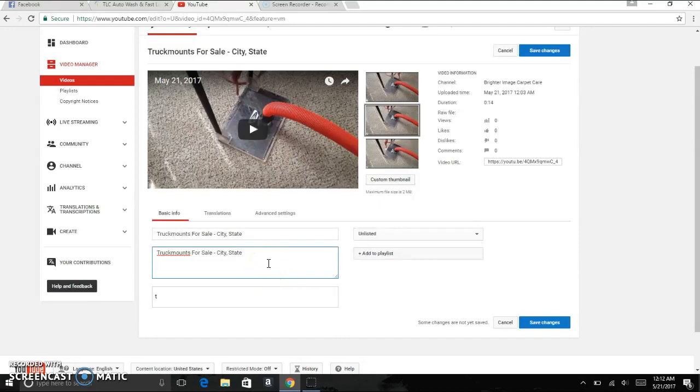So underneath this, you're going to want to put a link to your website. It could be your home page, or if it's a product or a truck mount that's on an inner page of your website, you would want to put that link. So if you're selling a ProChem truck mount or whatever truck mount you're selling, and you have a page for that on your website, you're going to want to link it to that. So you would put the website link here, and then underneath this, you're going to want to